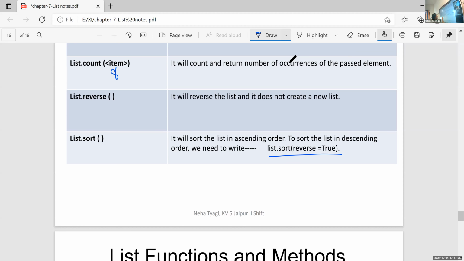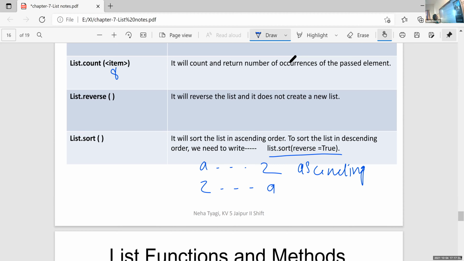Ascending order means if it is alphabet, it will display from A to Z. If it is digits, it will display from low value to high value. Descending means Z to A or high value to low value.